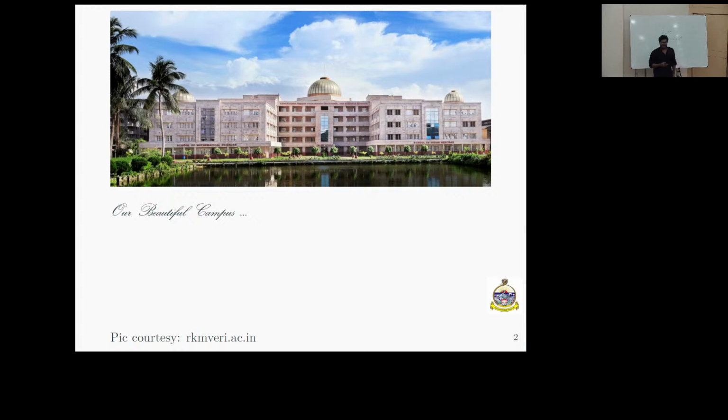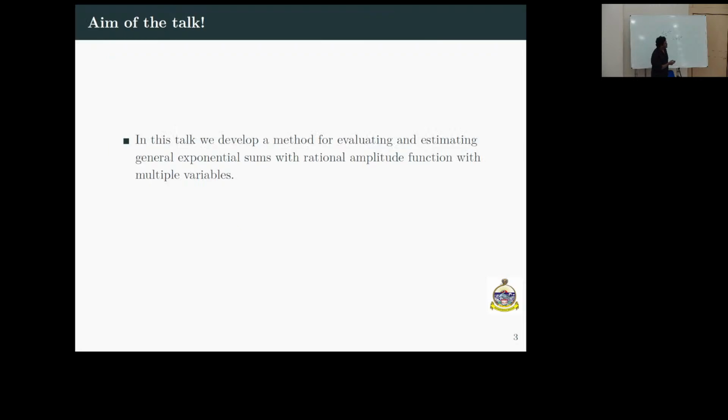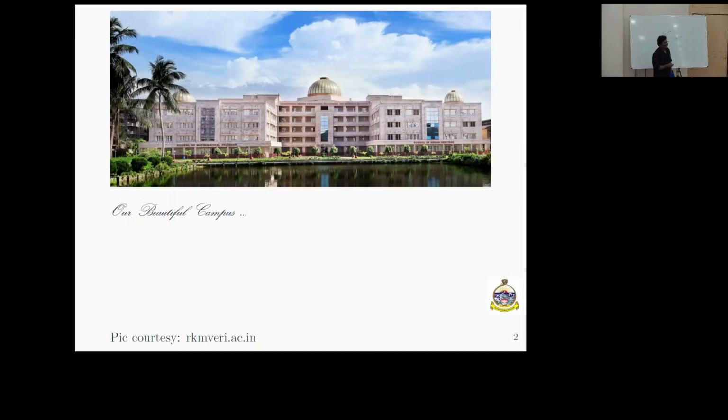There are many outside students also. For them, this is our campus, and I cannot show it, this is the mathematics department. Let me first give the setup. Also, this photo is taken from the Arkham page only.